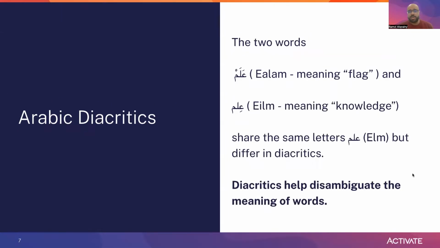Another challenge that we need to talk about is Arabic diacritics. Arabic diacritics help indicate the meaning of the word. For example, the word alam means flag. Ilm means knowledge. The same word, the same letters, but with different diacritics, you get a different meaning. Common search engines in the world use the approach of removing the diacritics to simplify retrieval, but this will affect the relevancy of the documents. Here, you have to understand the context of the word so you can understand its meaning.